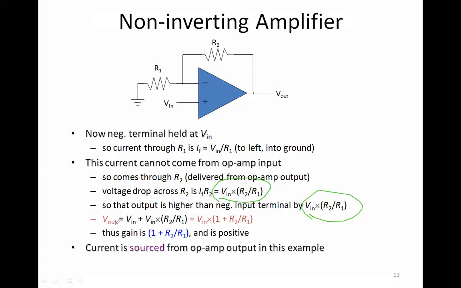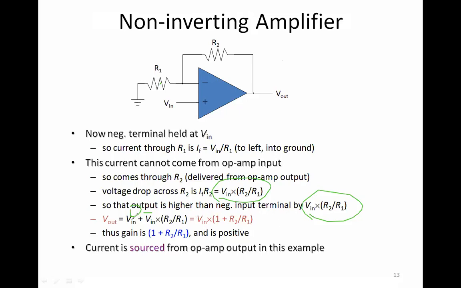Okay, so the V out is going to be V in plus V in into R2 by R1. There we had seen 0 minus, but here it is going to be V in plus. Why is it V in? Because the currents are getting generated and moving in the opposite direction. So V in plus V in into R2 by R1.